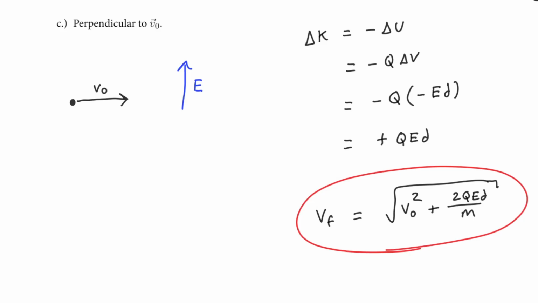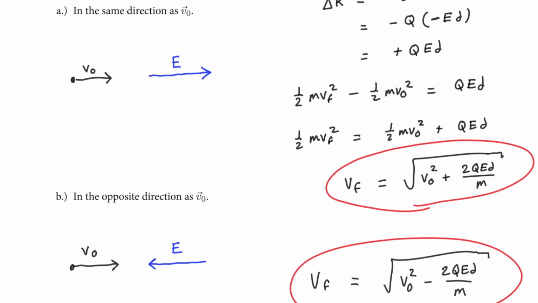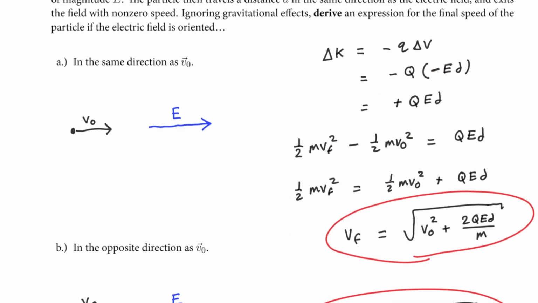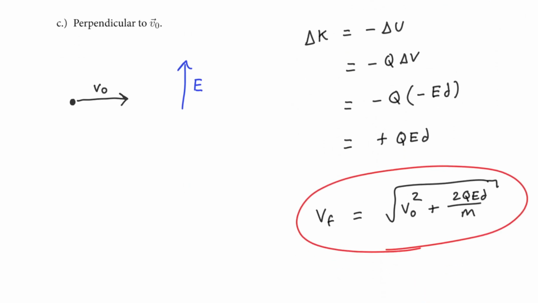But it should be noted that this answer is not totally identical to part A. Yes, the speed is the same as in part A, but actually the velocity is different, because this time you're gaining perpendicular velocity. So this works this way because of the Pythagorean theorem. So instead, your triangle, or your velocity, this V0 doesn't get disturbed by the electric field at all, but you're actually gaining some velocity